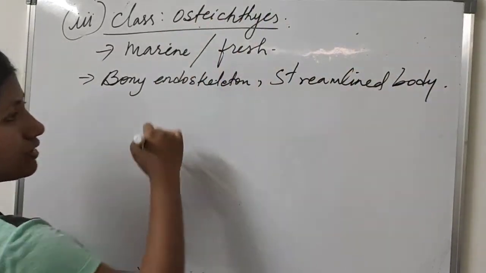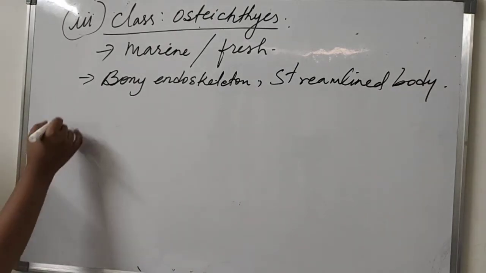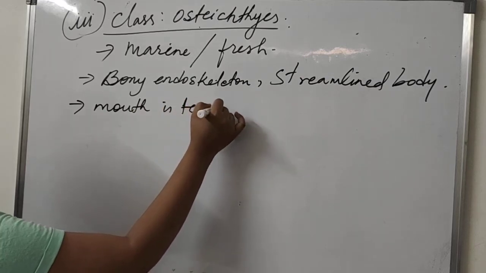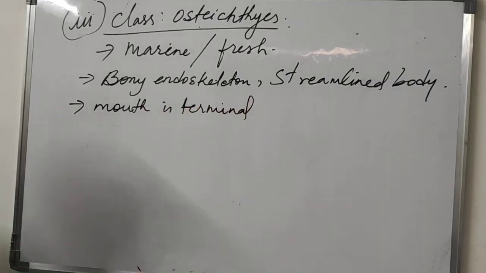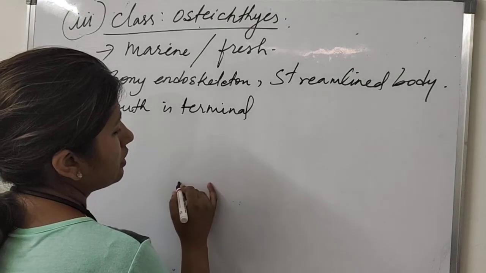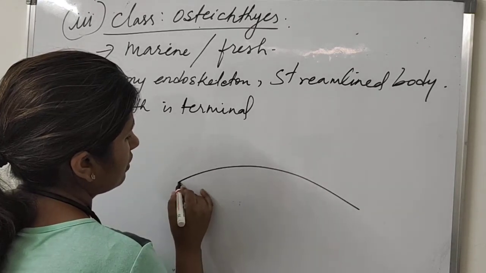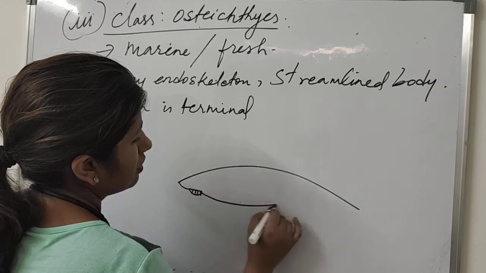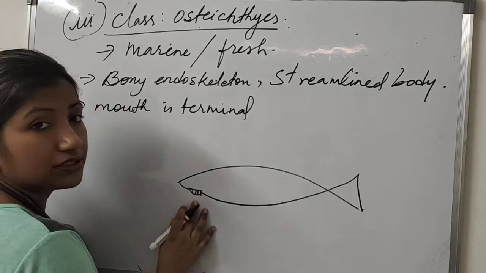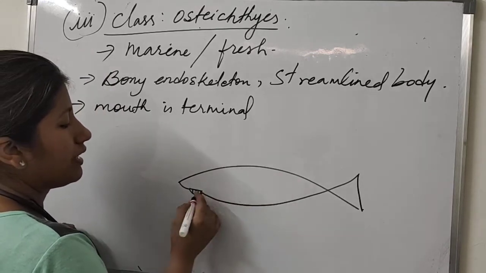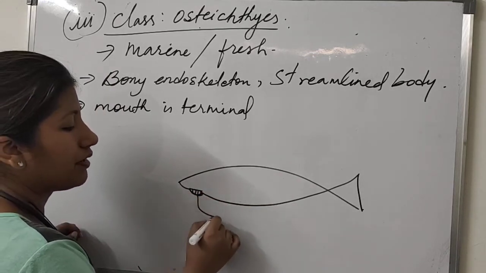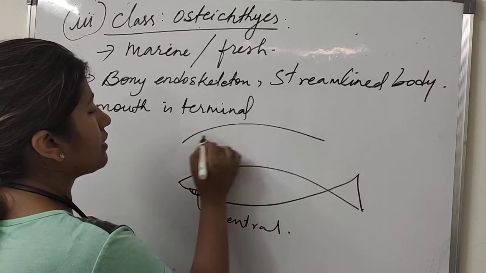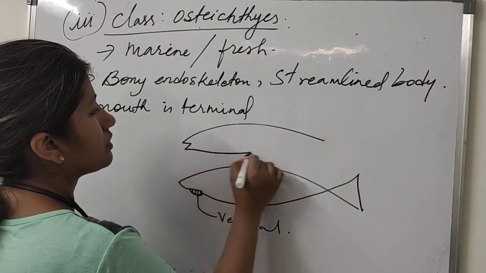In the previous chondrichthyes class I explained what streamlined means, and that the mouth is terminal. Now, mouth is ventral, mouth is terminal. What does it mean? See, if this is a body and here is the mouth, oh, here my fish is smiling, you can see. So if this is a body and the mouth is somewhere here, it is called ventral. Whereas if this is a body and the mouth is here,